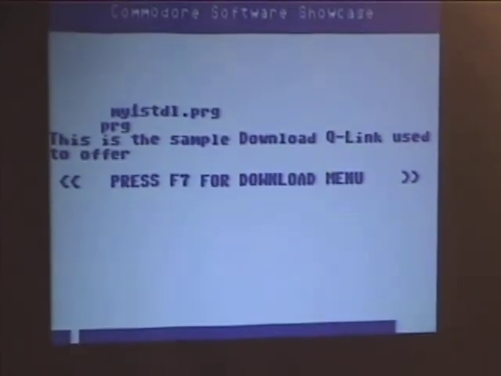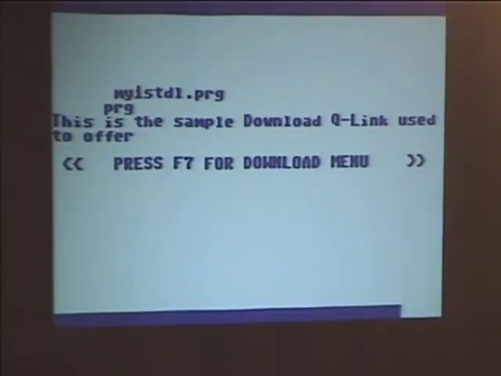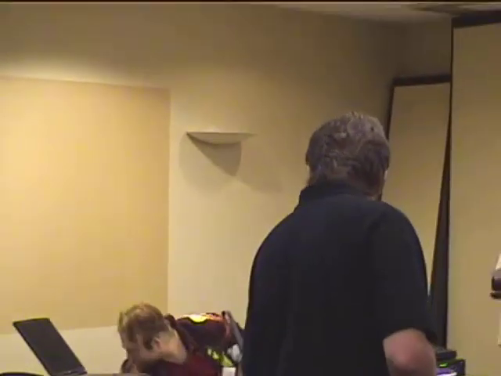Some of you may have downloaded this file. We found it online. It's the myfirstdownload.prg. It's like scrolling color bars on the side, and it's got a little text that flows in one at a time that says, well, I guess you made it, and stuff like that. Typically, it was the first download that Q-Link had users do to make sure their system was able to download files. So I don't have another disk to download it, but you can download this file. We don't have comments and documentation on the file set up yet, but that's going to be implemented soon.